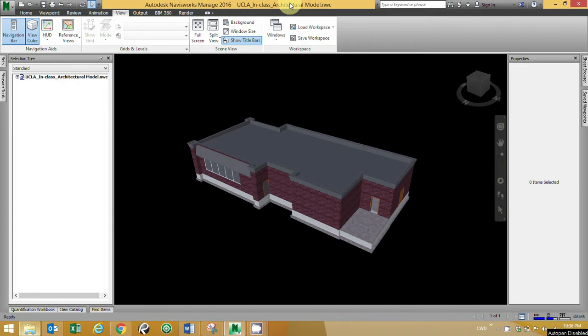For this week we're going to be getting into Navisworks Manage and learning how to get around the model and to get ready for the actual quantification process. So I have open here Navisworks Manage with a model loaded into it, and you'll notice it looks pretty similar to Revit, where you have your main tabs across the top, and then you have some windows on either side